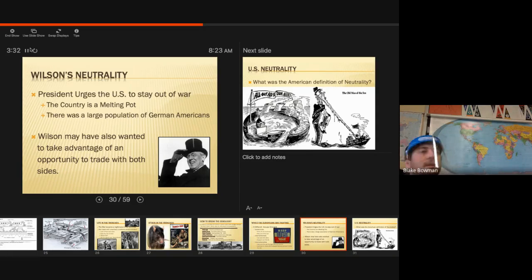So he decided we're going to stay neutral. We're going to stay out of it. And we're going to make a large portion of money off of it. Although many countries throughout the world thought we were hypocrites for it. It's like, why aren't you joining one side? You need to join and help and assist either side of the conflict. You just can't make money off of it. Come on. That's unethical in a way.